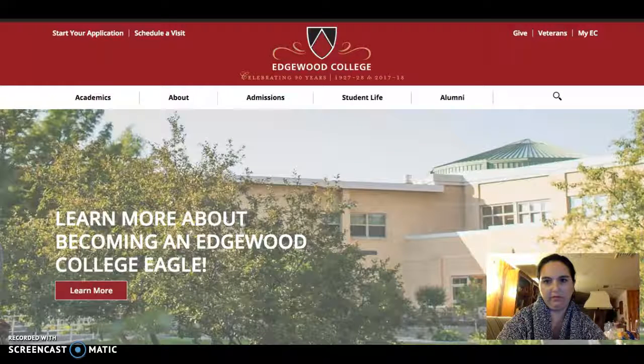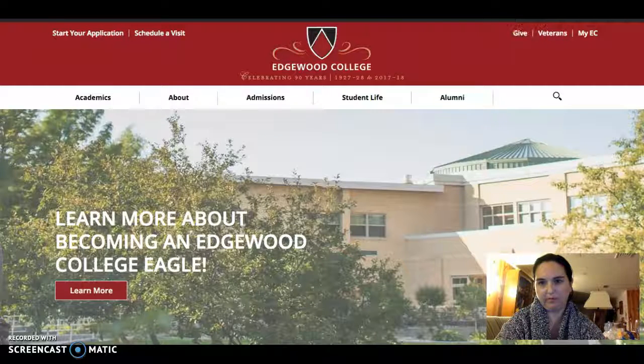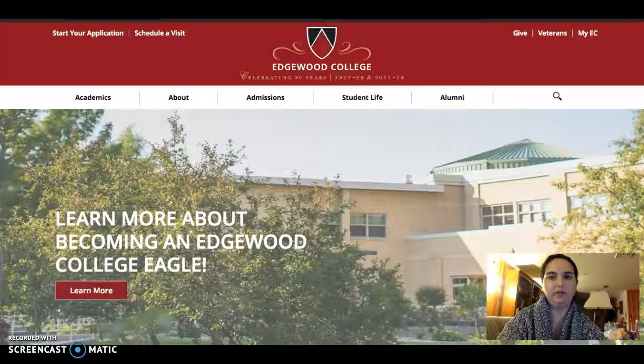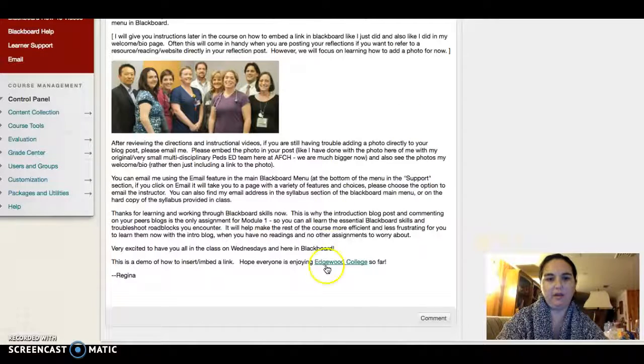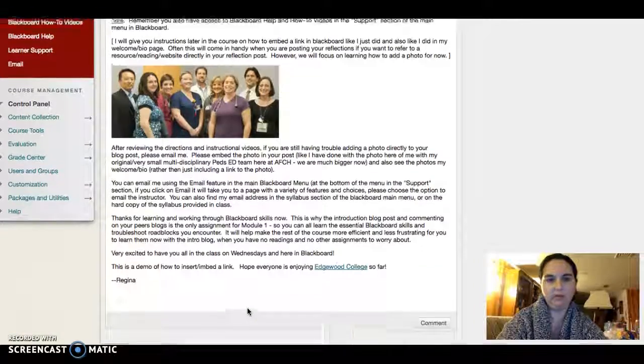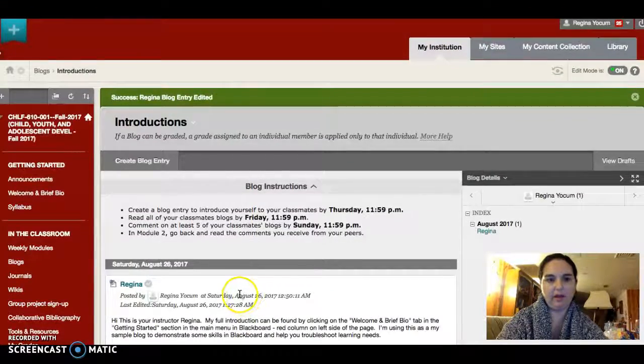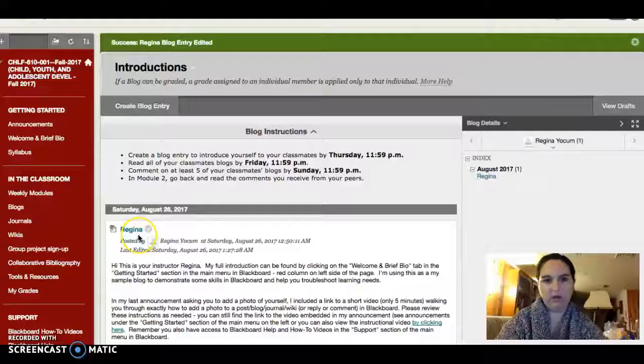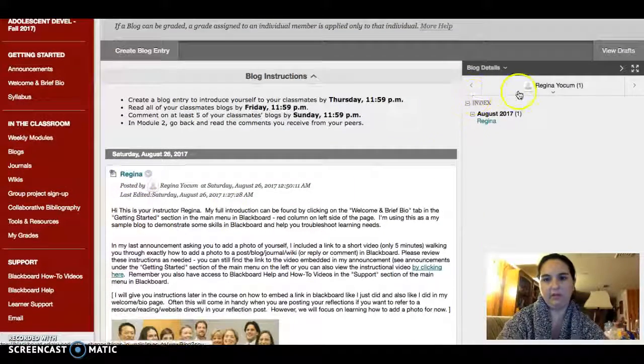I'm sorry, I have lots of tabs open. It'll open a new tab for me. I guess I might not have my screen that big for you guys to see. Rather than opening it right in Blackboard and me losing whatever I'm working on in Blackboard, it actually opens a new tab. So those are some instructions on how to go back and edit your blog, to see everyone's blog,